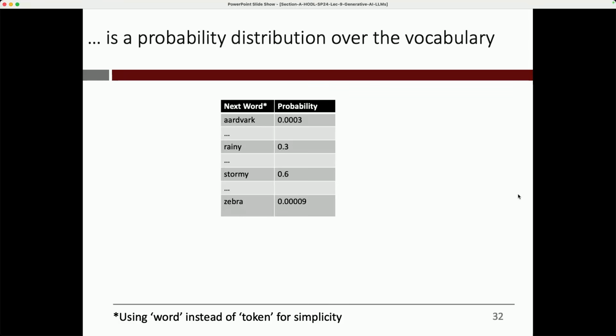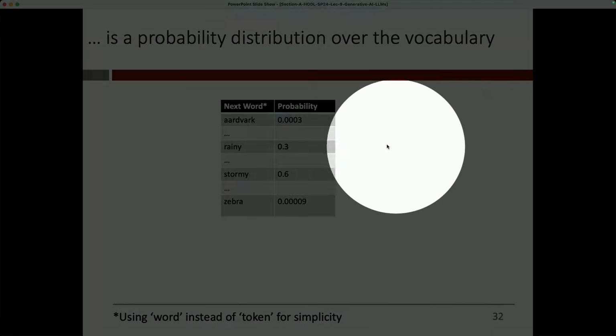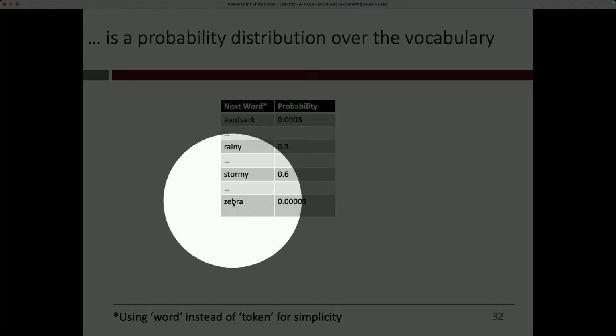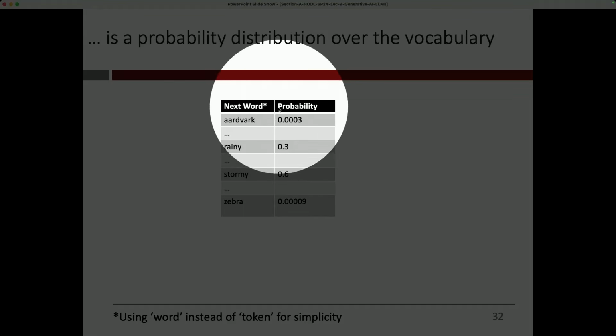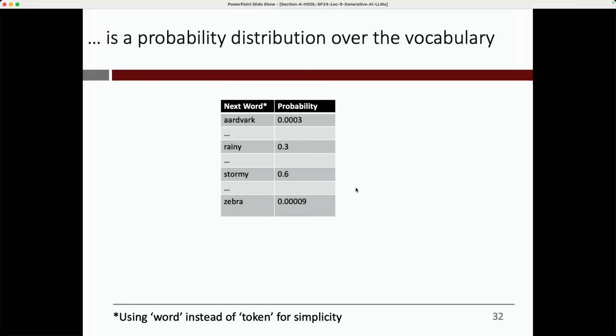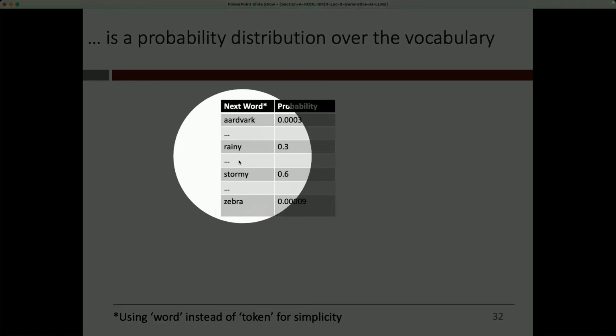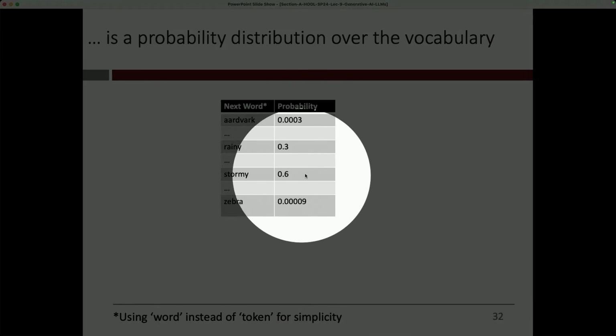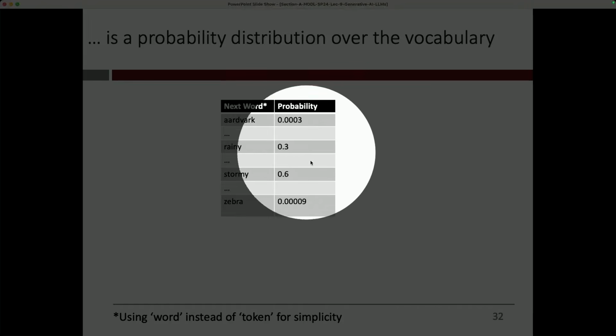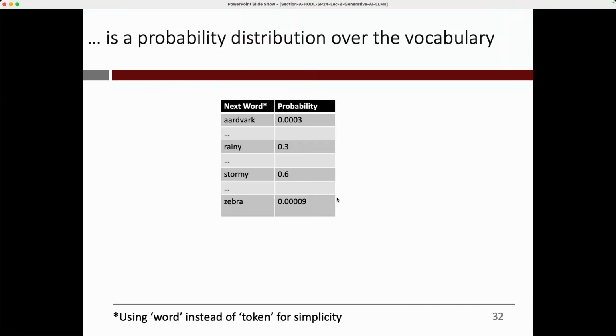And what comes out of that softmax, remember, is a 50,000-way table of probabilities. That's what a softmax is: a whole bunch of probabilities that add up to 1. Let's say, for example, that you have words starting with aardvark all the way to zebra, and these are the probabilities. So, "it was a dark and". Just for kicks, I put stormy as the highest probability, but these numbers will add up to 1. We have this table.